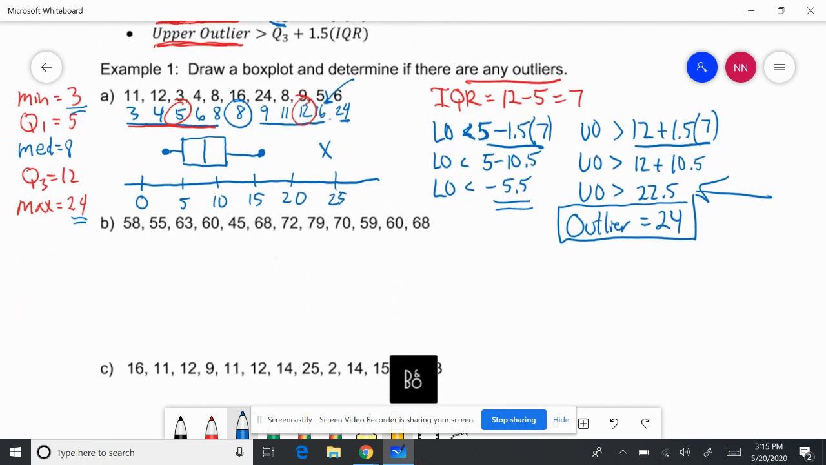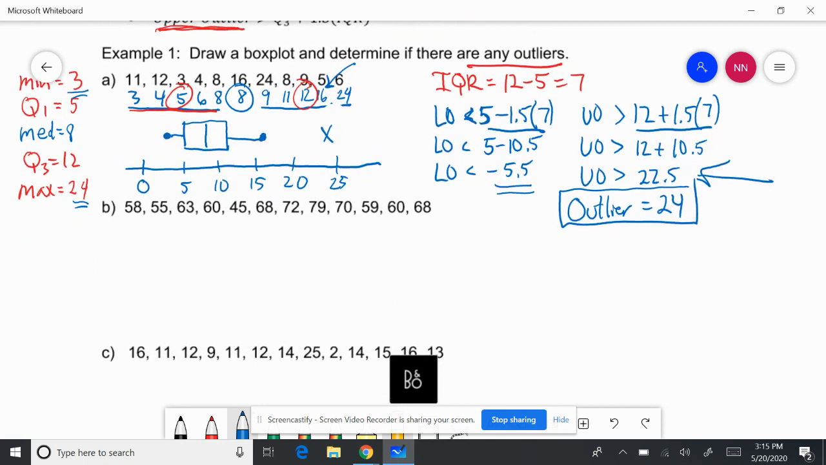Let's look at the second example. If we're looking at this one right here, what we're going to do is put the numbers in order. So we have the least value, 45. Next one is 55. Then we have 58. We have 59. We have 60